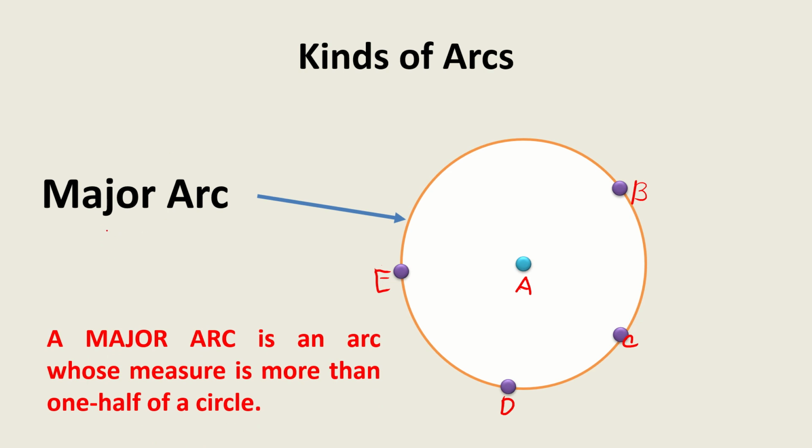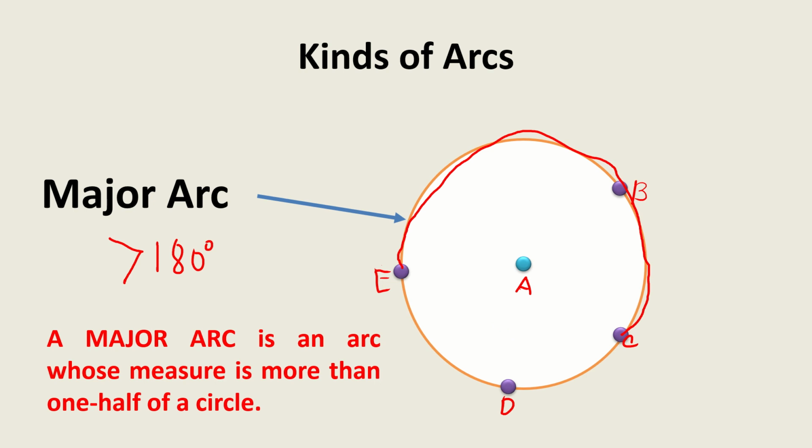So, si major arc, it measures greater than 180 degrees. So, alin dito yung major arc na tinuturo nitong arrow na to? So, that is from point C. From point C, dadaan ng point B, iikot pa doon sa circle hanggang makarating kay point E. So, ang buong yan, that is a major arc. Since tatlong letters na yung dinaanan niya or tatlong points na yung dinaanan niya, para hindi rin tayo malito